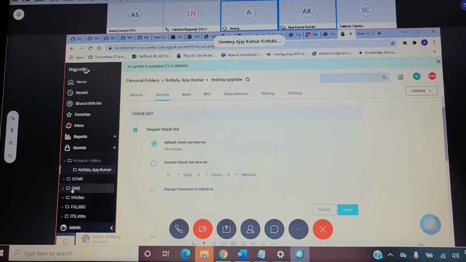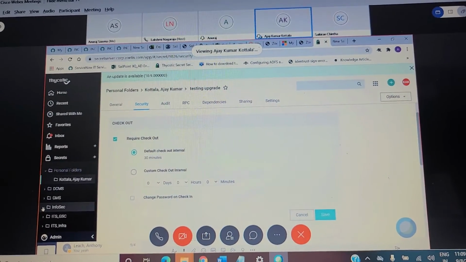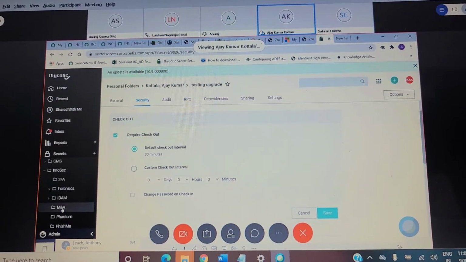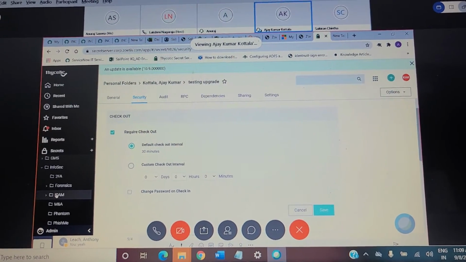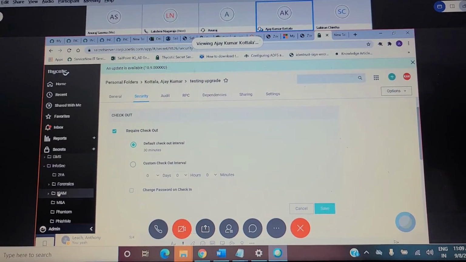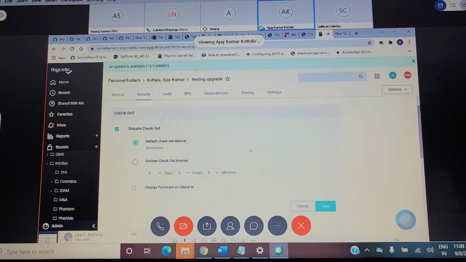For example, this is our info security. We have different items, like 2FA or PKI, right? In that there are a lot of secrets. For example, if you take the Apache Tomcat service application, for that application there is a username and a password which is stored here in the secret server. I am performing some activity.